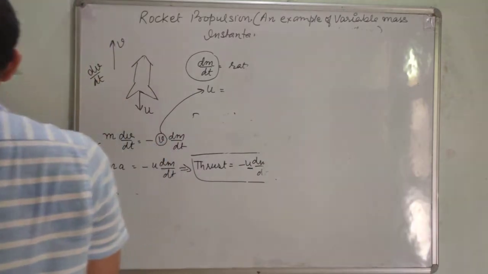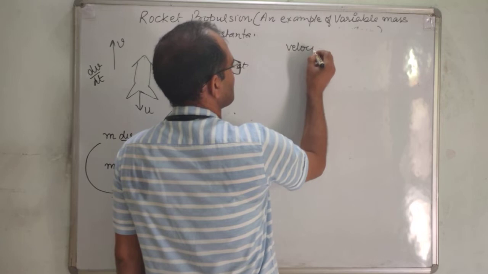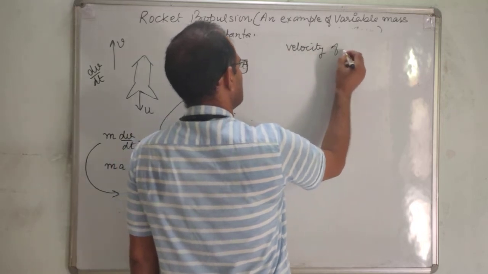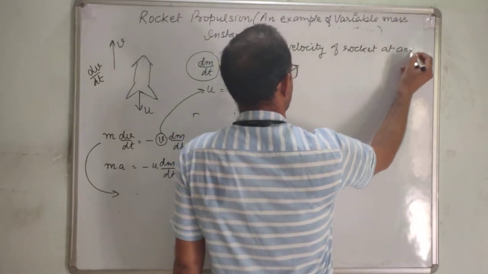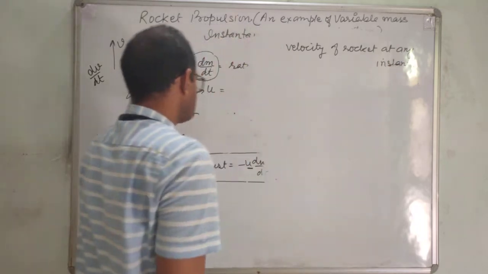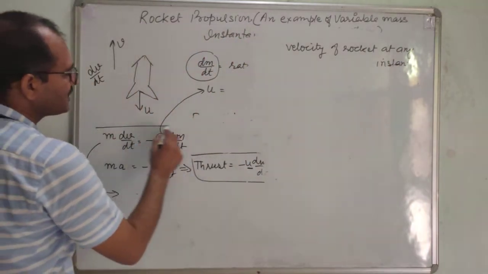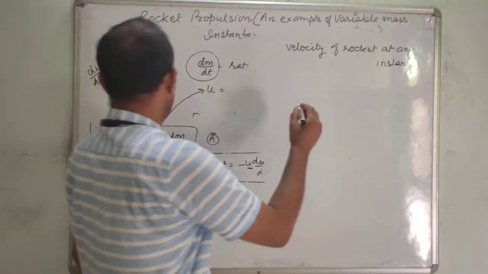Velocity of rocket at any instant. This I am considering the basic equation. This is equation A. From equation A,